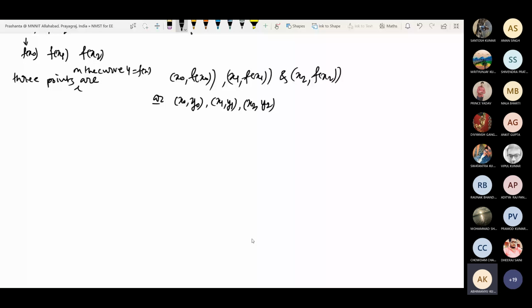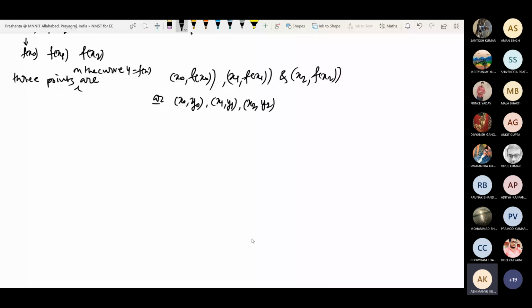So now you have to find out the parabola which will be passing through these 3 points. Once you obtain the parabola, then in that parabola you will put y equals 0. The height of the parabola you will make it 0, and you will try to find out for which values of x the height of the parabola is 0, and that value of x will be the next approximate root, which will be x3. So let us first try to find out the parabola.